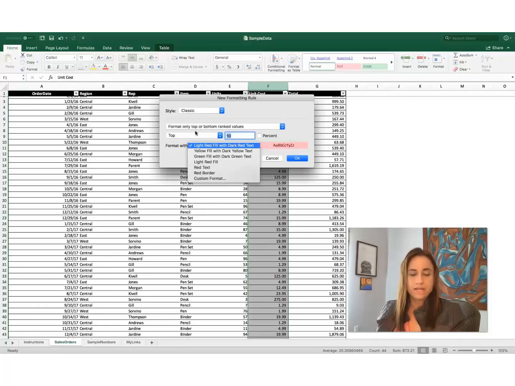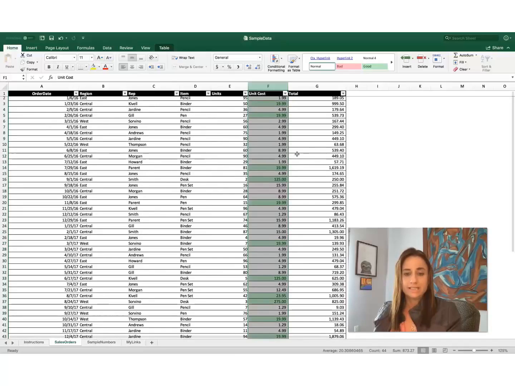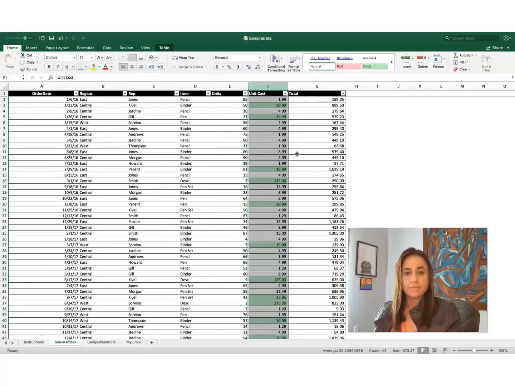And if we want to click on the top 10 items, we can just leave it as it is, top 10 items, and then we can highlight them in whatever color we wish. If we want to highlight them in green fill with green text, we can certainly do that. Now we can see anytime the top 10 items, the top 10 costs within this column, we can see that